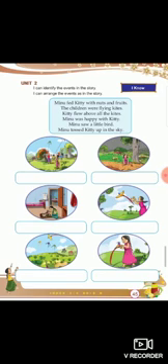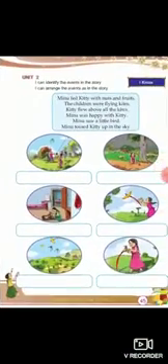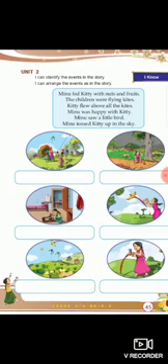You told me that you have finished reading the story and you understood the story well. Now, here you can see some pictures in this page. You have to identify the events of the story and arrange the events given in the box near these pictures. Are you all ready? Okay, I'll read the events for you.